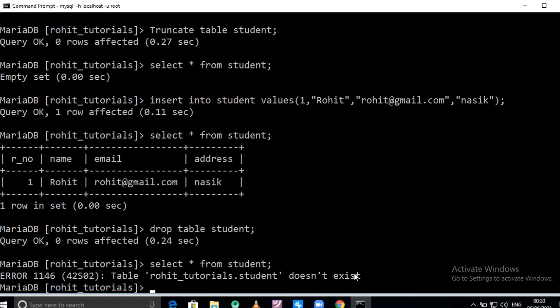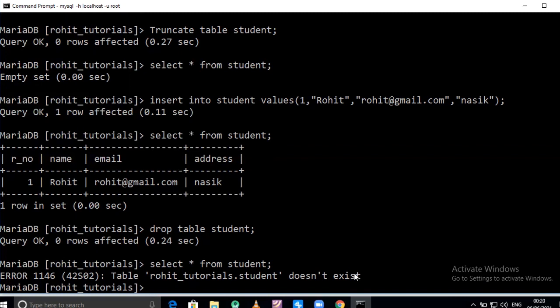Means whenever I give the command drop table student, the schema as well as the records are deleted. Whenever I give the command truncate, the schema remains as it is. Only the information available in the table is deleted. And whenever I give the command delete, the record you want to delete is deleted from the table.